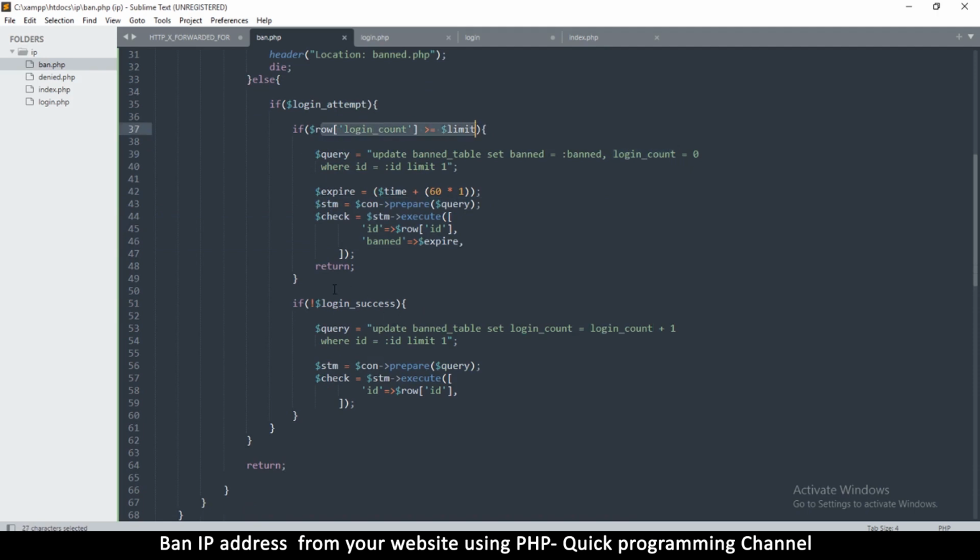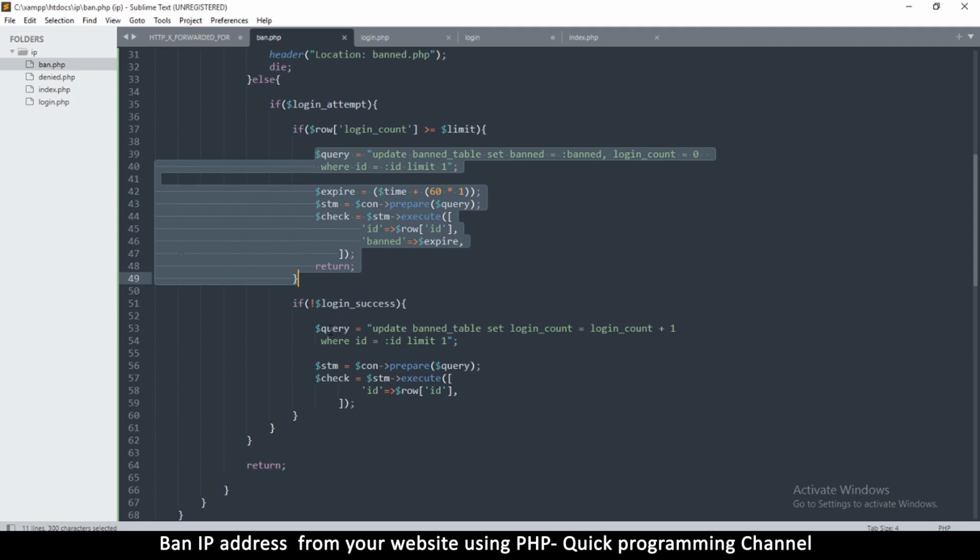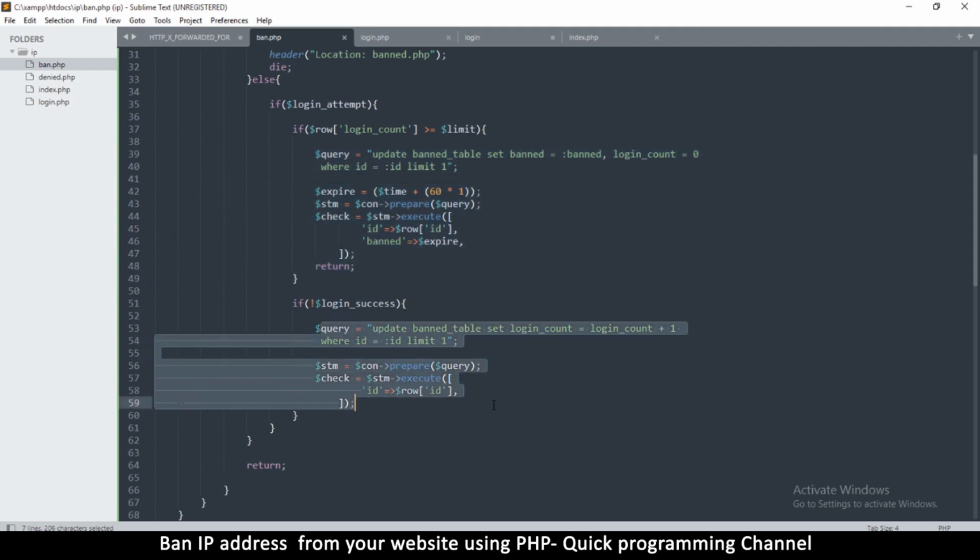Okay, so here we can even do a, wait a minute, not login success. There we go. Wait a minute, because here if the count is greater, then we zero it out. And let's see here, at this point we will,